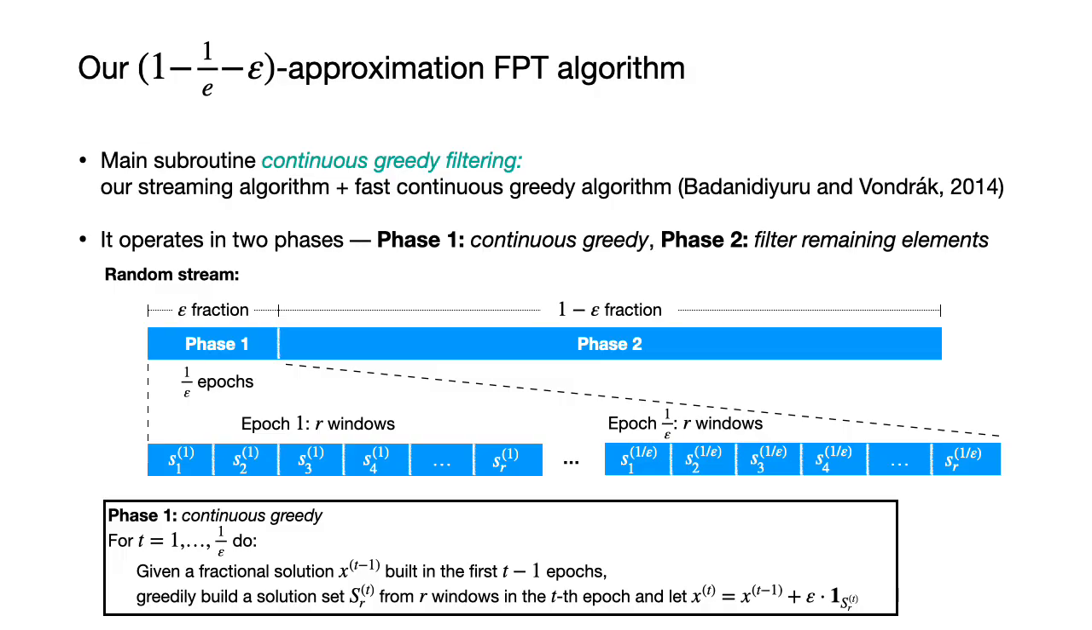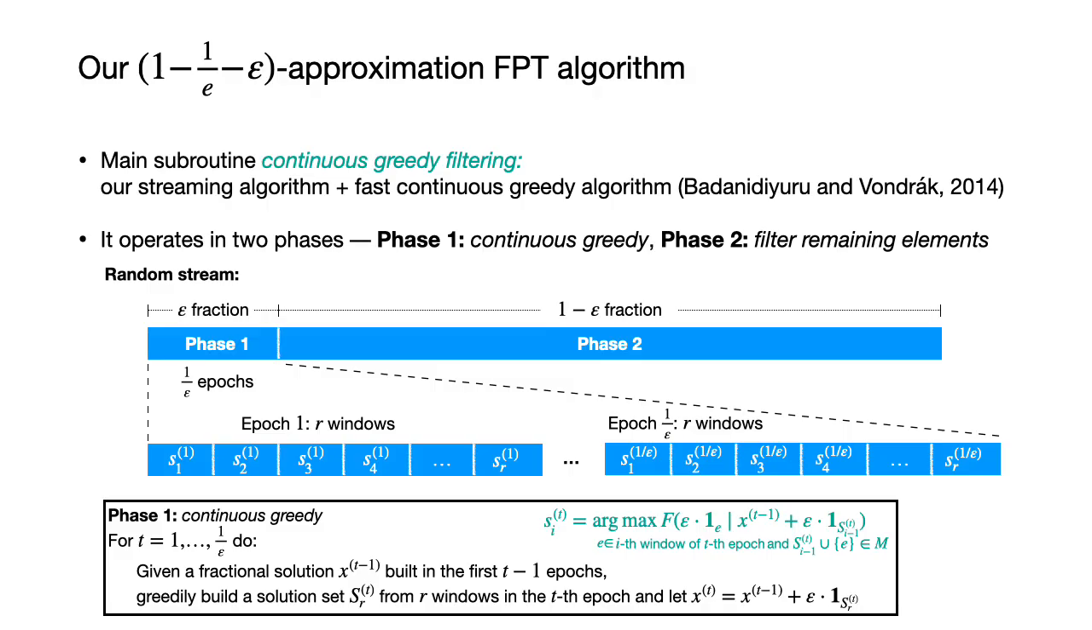So specifically, this solution set is built in the following way. In the ith window of the tth epoch, we consider all the elements in the ith window that can be added to the current solution set without violating the matroid constraint, and among them we pick the element that maximizes the marginal contribution to the current fractional solution, and this marginal contribution is measured by a continuous relaxation of the submodular function